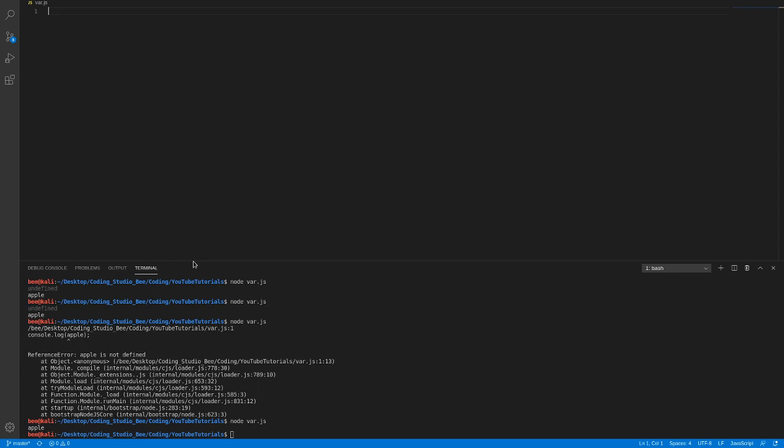If I wanted to have a variable at the top at runtime, I would just do this, and boom, it's the same as if I were to use var somewhere down here. And here's some code. Okay. And the other difference between var, let, and const is that var is function scope and let and const